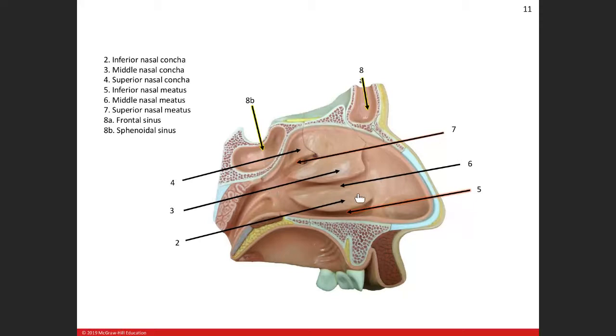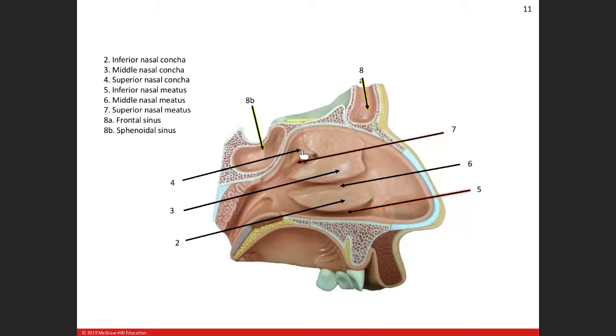In your nasal cavity, you have these three structures coming off of the lateral wall here. All right. Now, we saw the bones in Bio 210. You had the inferior nasal concha, the middle nasal concha, and the superior nasal concha. And these are bone-like structures. You're seeing them covered with epithelium now. All right. So structure 2 here is the inferior nasal concha. It's that scroll-like bone. Then right above it is the middle nasal concha, and then just above that is the